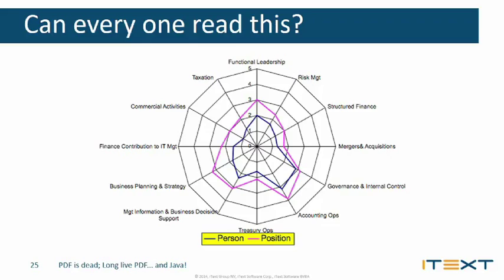But can everyone read this? For instance, this is an assessment. The purple line is the result you should have. The blue line is the result of a person who did the assessment. But what if you are colorblind? If you're colorblind, you can't see which line is which. Then you see stuff like MGT. Okay, we know that it's the abbreviation for management, but does everyone know this? And also, you have these different points in the spider chart, but you don't know their exact value.